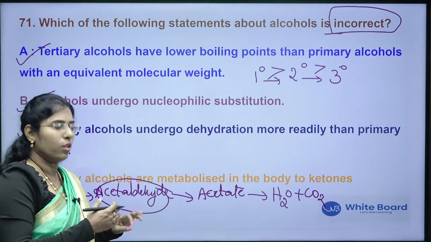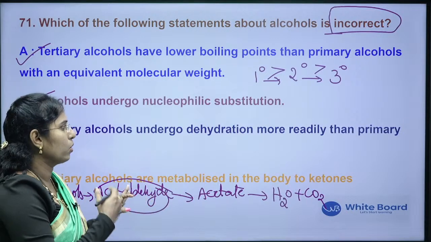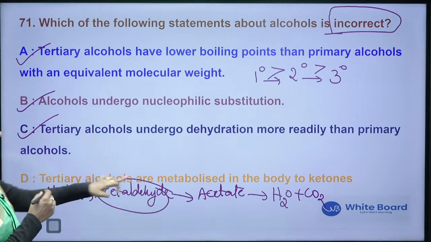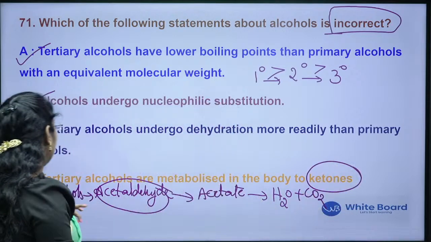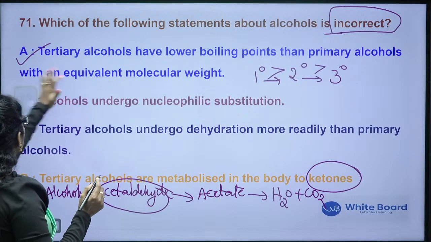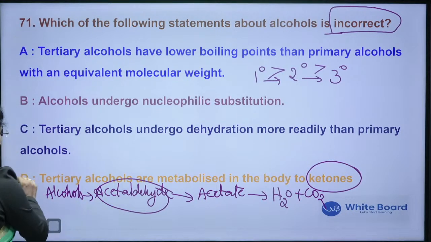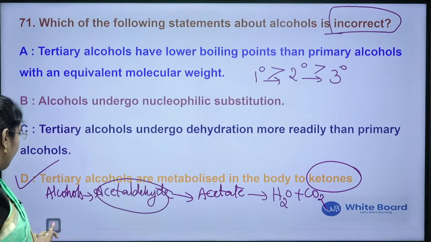That is why, if it is not metabolized further, it leads to liver cirrhosis or liver damage. So, this is not the correct one, not ketones, but here it is an aldehyde, acetaldehyde. So, what is the incorrect option here? The incorrect option is option D. Right. So, coming to the next question,